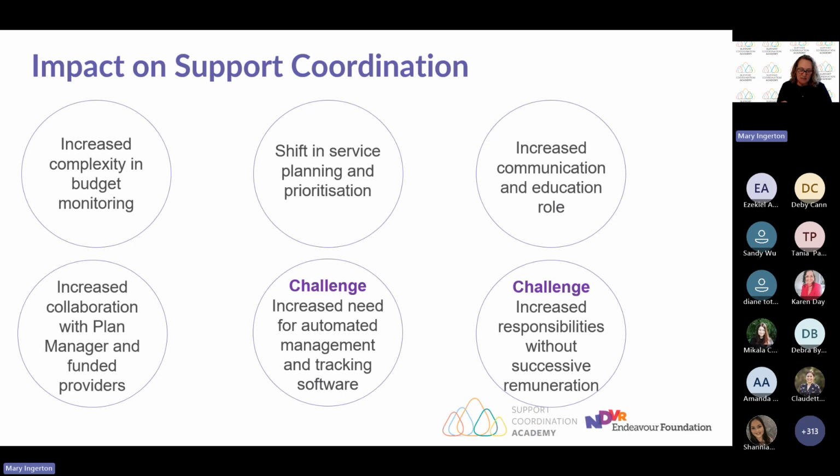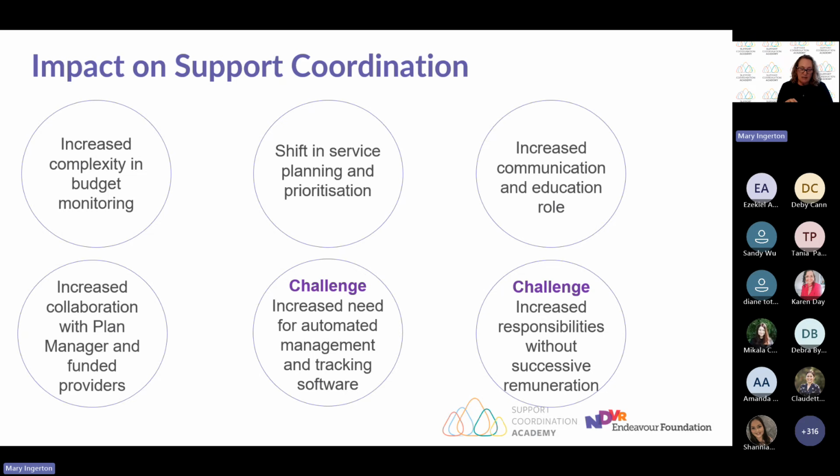It's also helping participants to understand what supports are possible at any given time, and preparing and supporting them to plan for future supports and when those funds will be available. Supporting participants in viewing and interpreting that information as well through their My NDIS app or the portal. Helping participants to collaborate with plan managers and other providers.